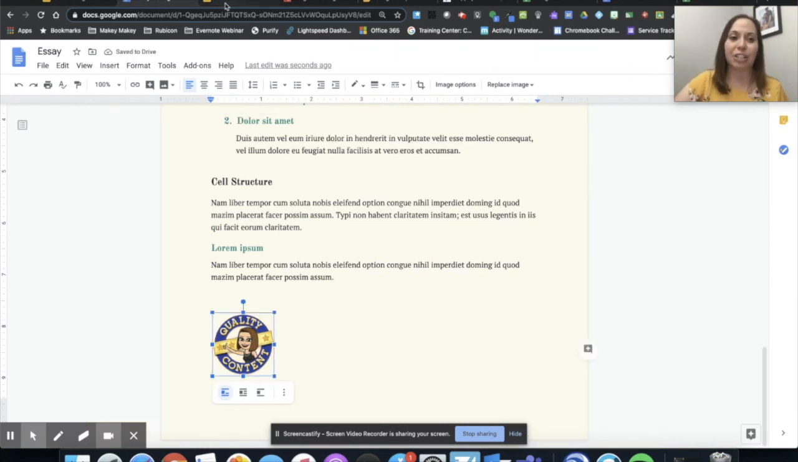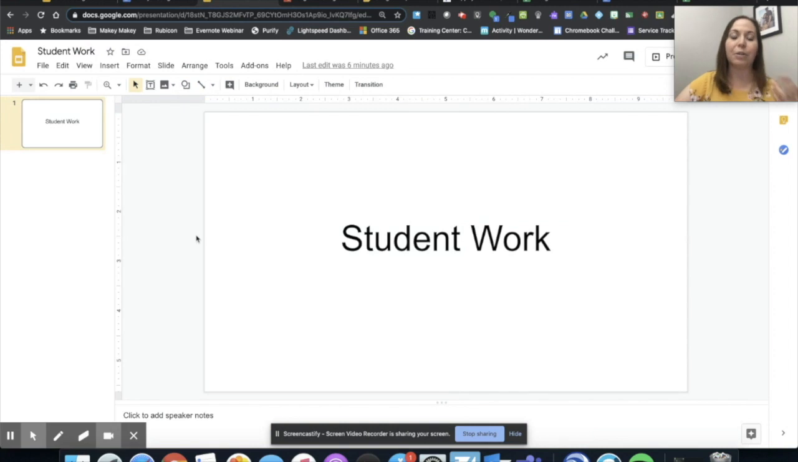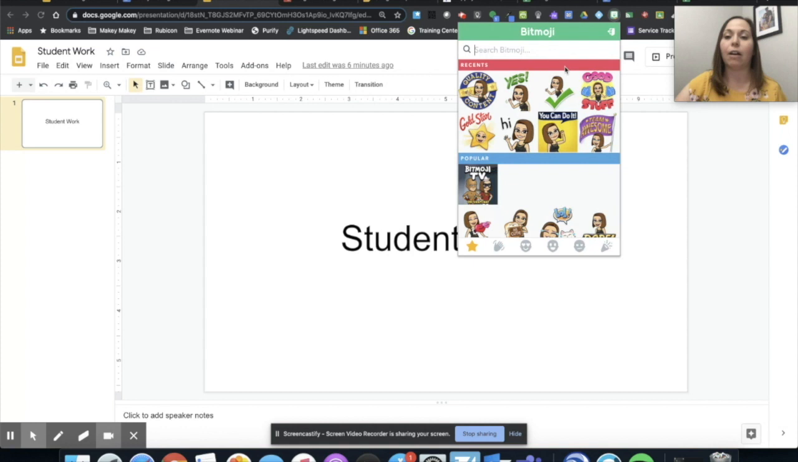Another thing I'd like to share with you outside of Google Docs: if you are in Google Slides and the student's preparing a wonderful presentation and you want to leave words of encouragement, take advantage of this gray space on either side. The reason why I'm saying this is that when we go to add in our Bitmoji, what we want to do